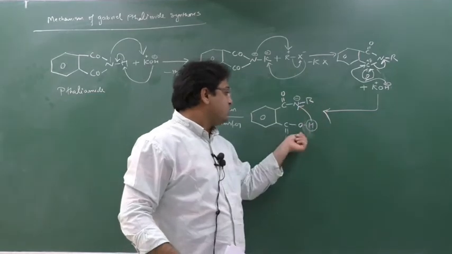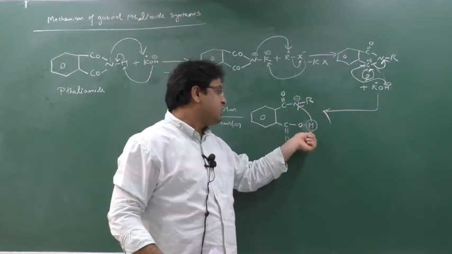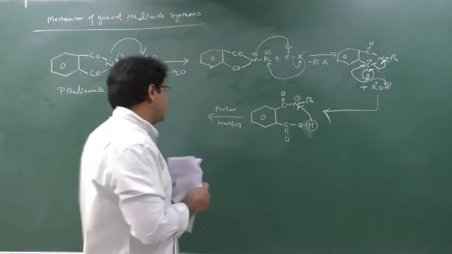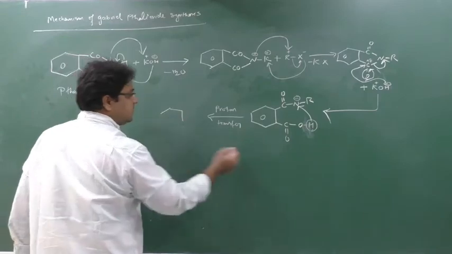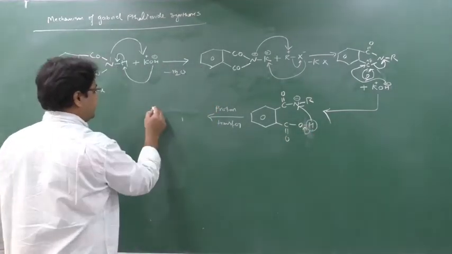Now here it is attached with OH. Now this H in the OH is an acidic hydrogen. So to satisfy this nitrogen, this hydrogen will get transferred. So what will happen? See here. The hydrogen has to be released from this place. Okay, so what will happen? See, check it out.